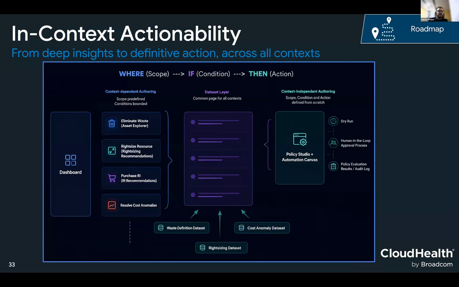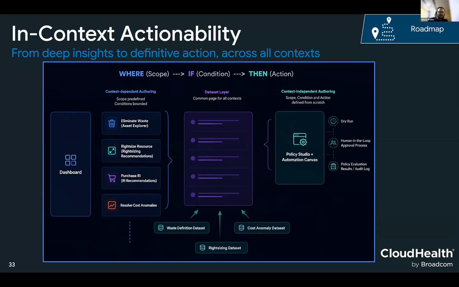And last, a sneak peek into in-context actionability. This summarizes the overall loop we saw, from visibility through action. We will start with the dashboard, and you will have context-dependent authoring, like you saw in waste identification. From that context, you are able to spin off an action and then track that action by assigning owners and so on.